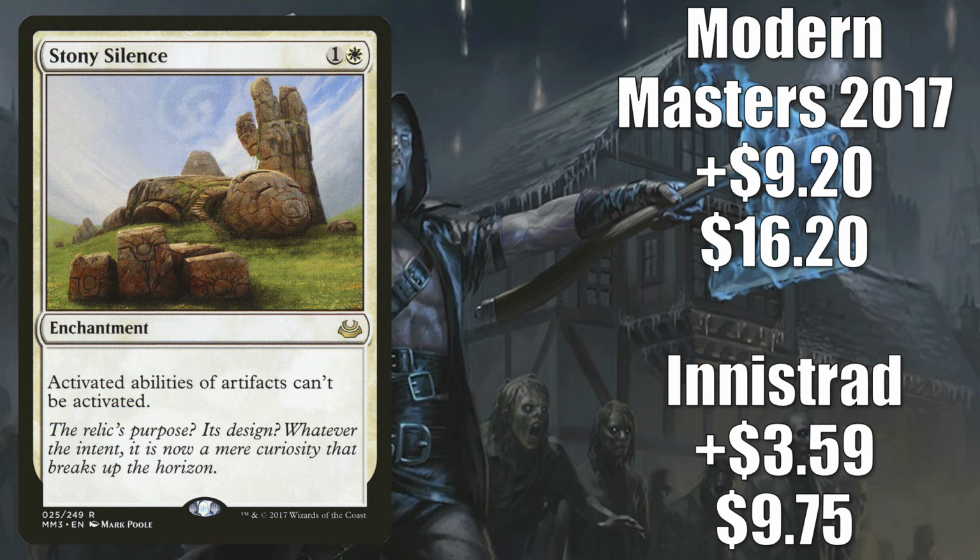Meanwhile, in Legacy, it's on the sideboard of Ocelot Pride Tempo and sometimes Stifle Knot, but Modern is the key driver for this price spike. Grinding Station Breach builds, especially the Teamer one, have been gaining tons of momentum in Modern. Remember, in December, Mox Opal was unbanned, which really pushed those decks, but every action has an equal and opposite reaction. Stony Silence is a good sideboard card to have handy in order to stop Grinding Station, and it's now